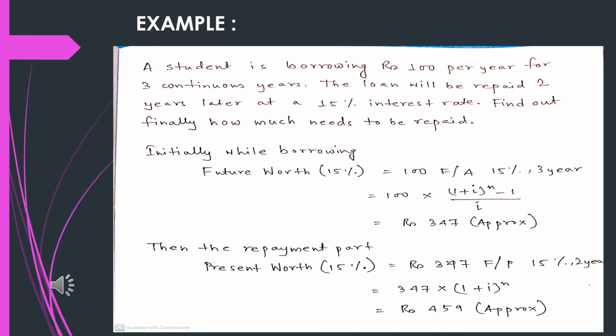So here this is a particularly tricky sum. Why are we saying it is tricky? The first initial 3 years are basically the borrowing period. If we are borrowing the sum of 100 per year, that sum of 100 remains constant for the period of 3 years, so basically we can consider it to be an annual worth, and we need to find out the total borrowing after 3 years, so that we can have the figure of how much we need to repay.